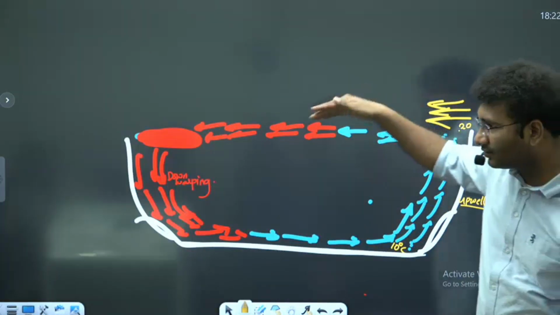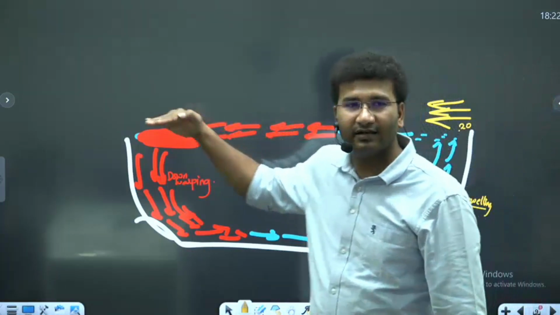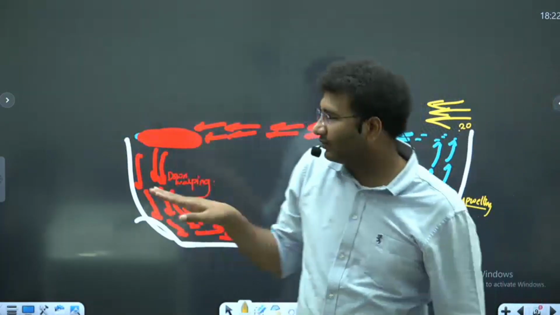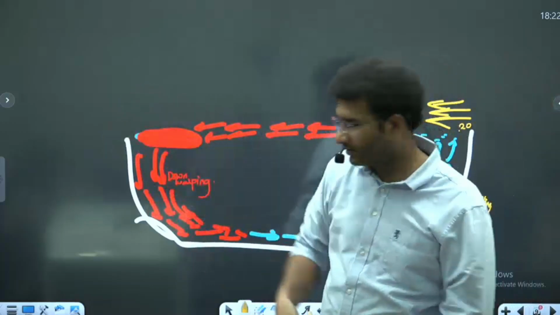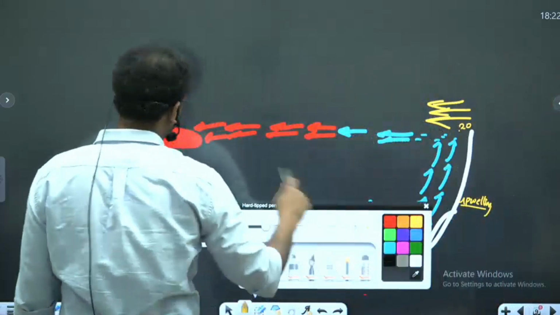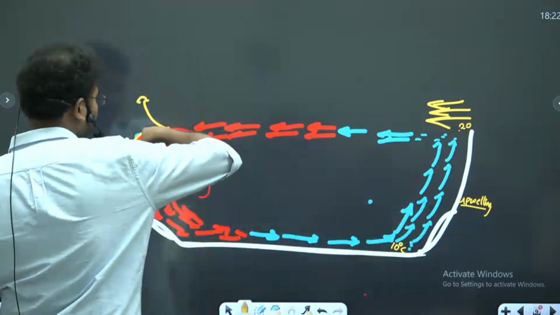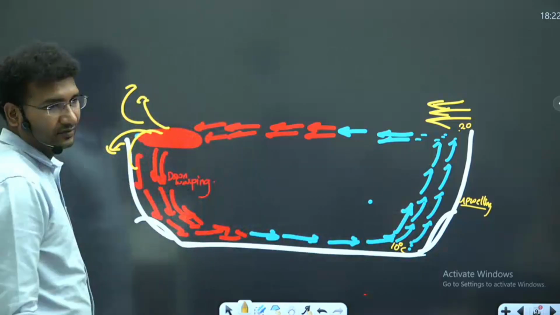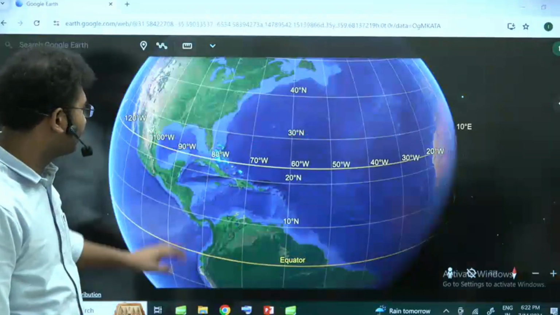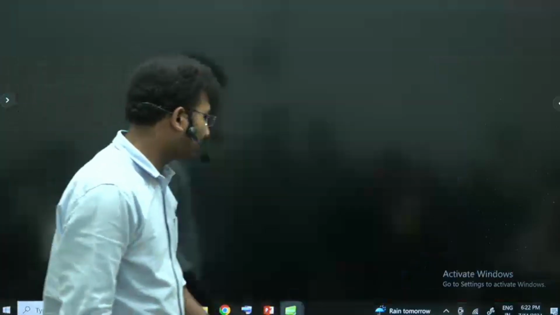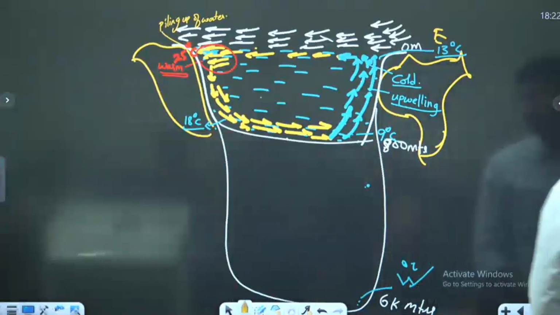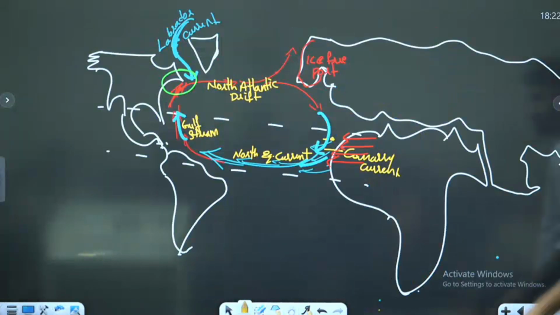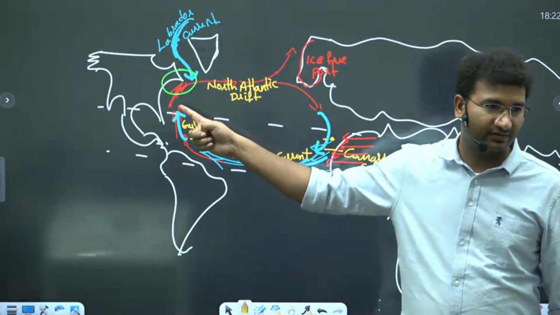Imagine the water started to move. The water will drift in this direction also. The water will drift into the board also. That means here this is the surface profile. Got it? Now the surface profile is this, the one which we have drawn here. This is the surface profile.